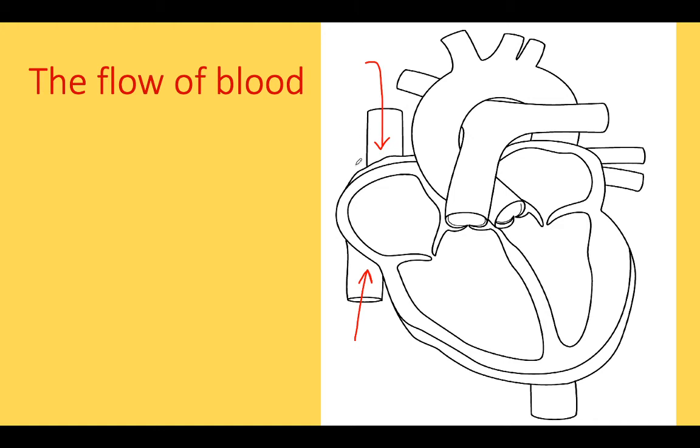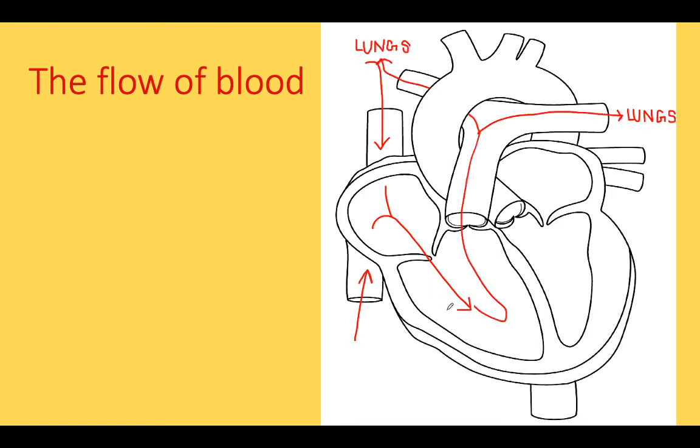So together it's bringing a lot of blood into our heart. And that blood ends up in our right atrium and then slowly moves into our right ventricle, right? So it starts off at the vena cava, goes into the right atrium, then goes into the right ventricle, and then it moves into the pulmonary